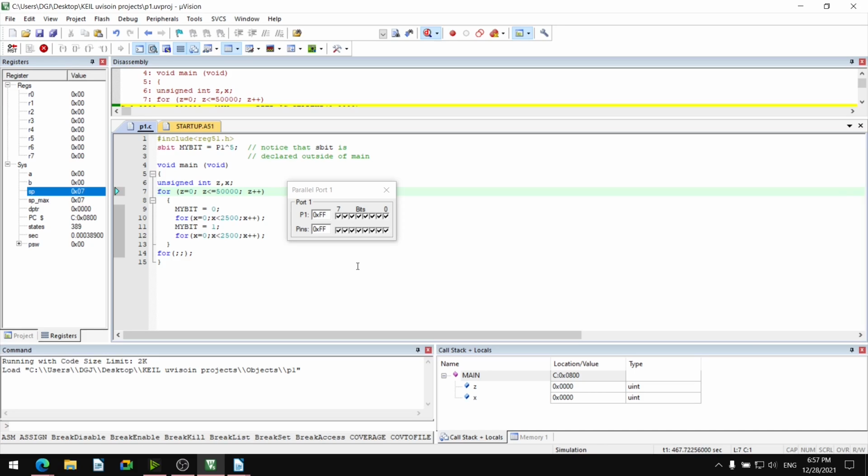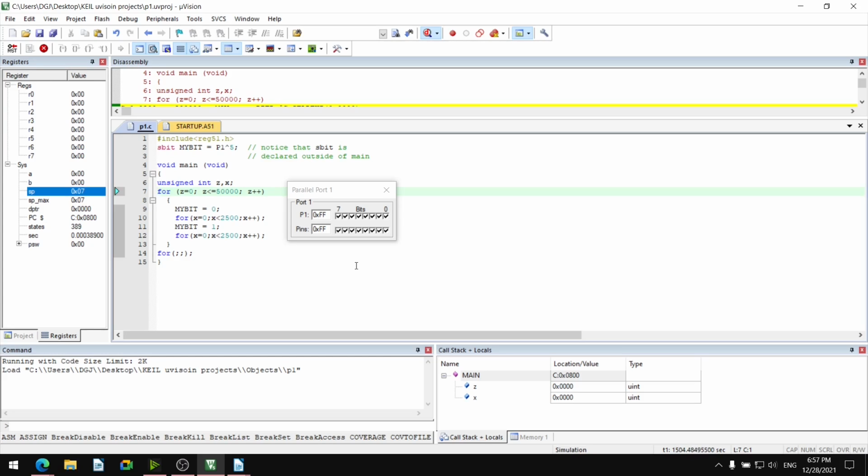Fifth bit will execute now. No other bits are toggling. 0th bit is not toggling. First bit is not toggling. Second, third, 4th are not toggling. 6th, 7th are not toggling. Only 5th bit is toggling. 5 number bit, not 5th. 5 number bit is toggling. So P1.5 toggled 50,000 times.